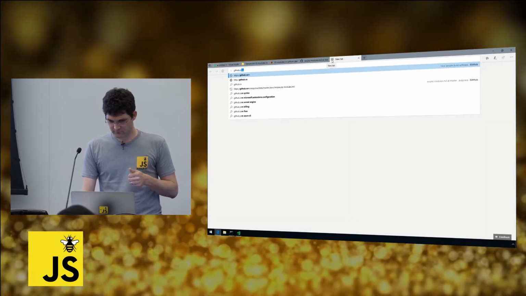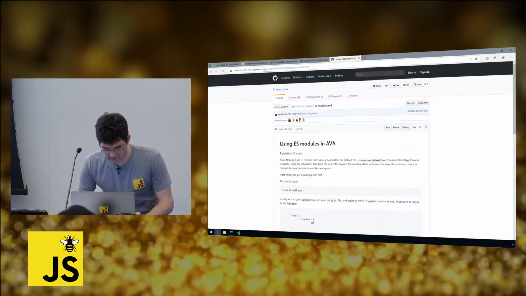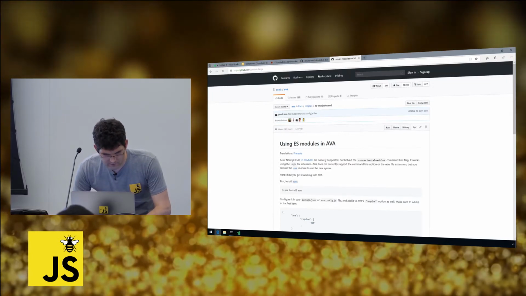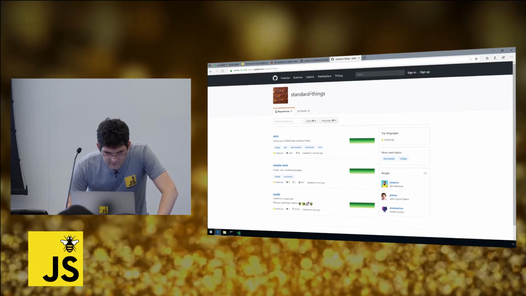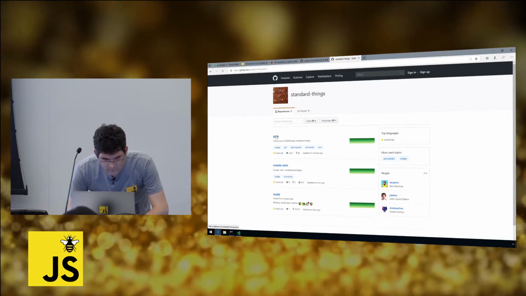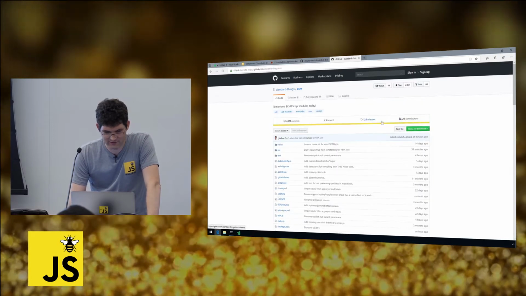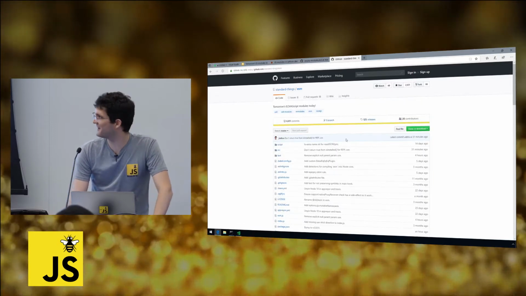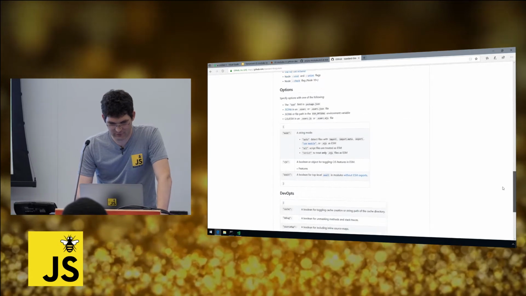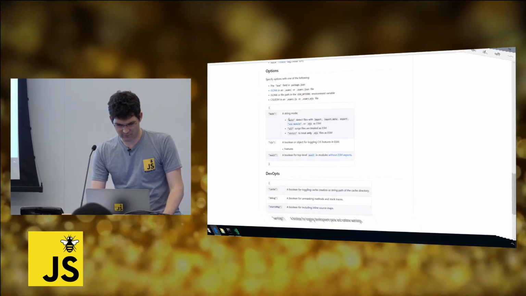Cool. I noticed something I haven't done, which was show you the actual repo, so I'll go ahead and do that. Let's see if I'm signed in. I'm not signed in. That's OK. So I've got the org standard-things. It was a play on Stranger Things. I wanted this thing to feel built in. So if you go to standard-things/esm, this is the repo. There you'll see